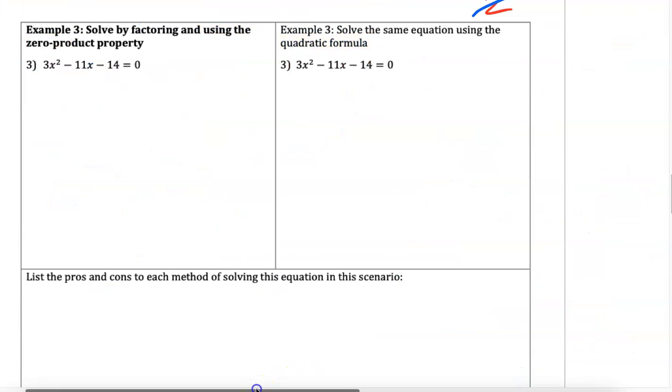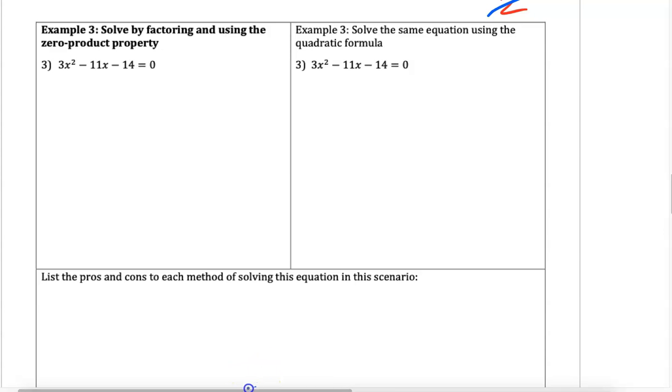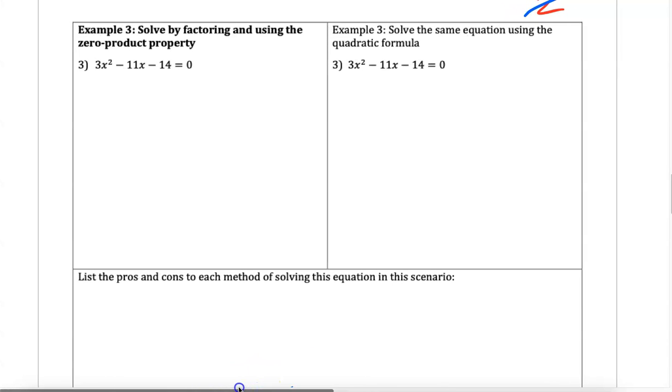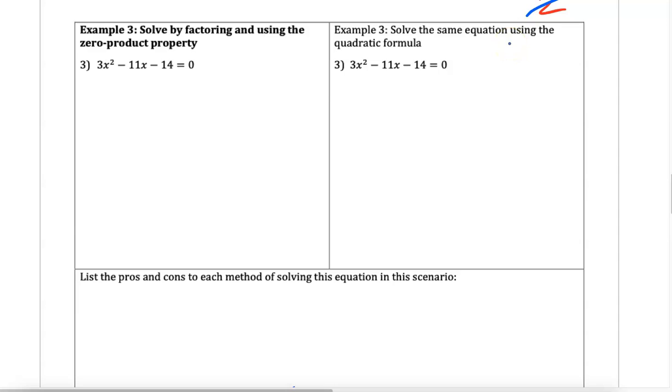So the next thing I want to do to contrast is solving by factoring and the zero product property, as well as the quadratic formula. So same equation again, but on this side we're going to try to factor it so that we can use the zero product property. The nice thing is we already have 0 on one side. So if I can just turn this into something times something equals 0,